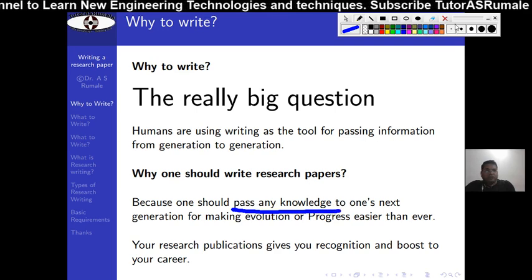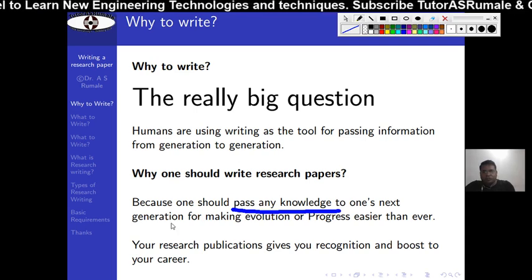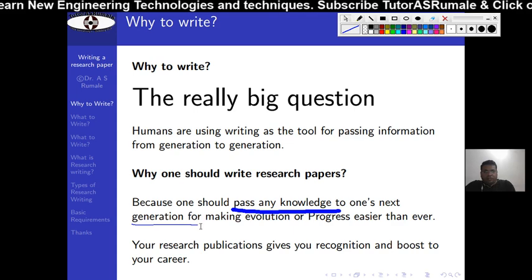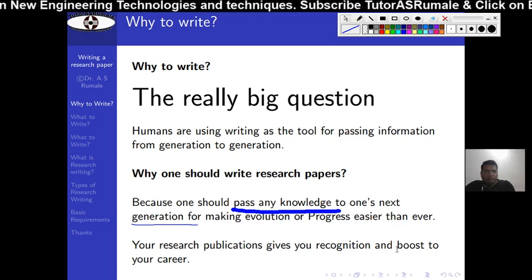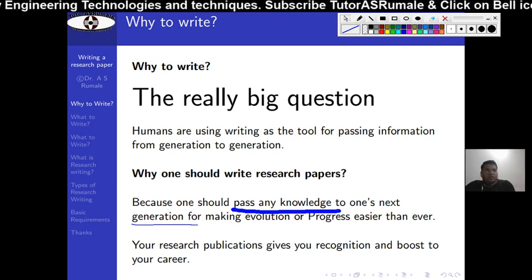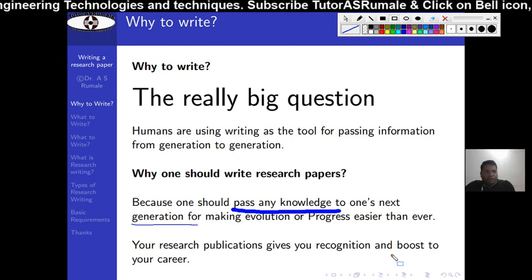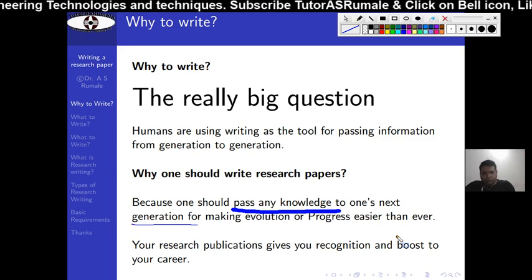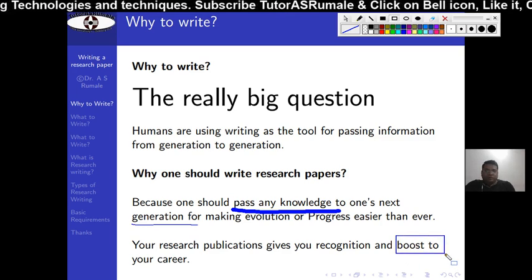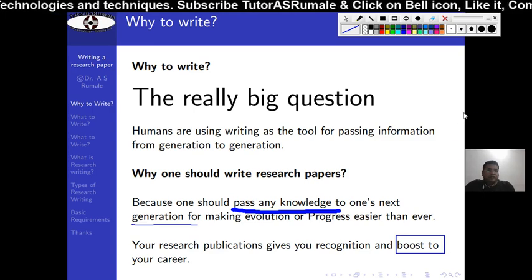And to whom are we passing this knowledge? To the next generation. And we are also writing because it boosts our career. Writing is actually used to boost our career. So to boost your career, we require to write. This is what we are saying.